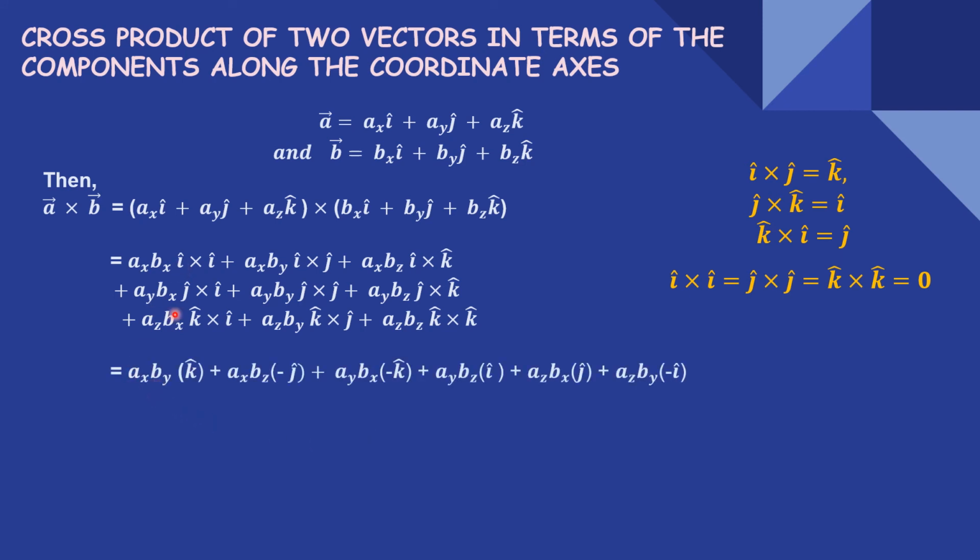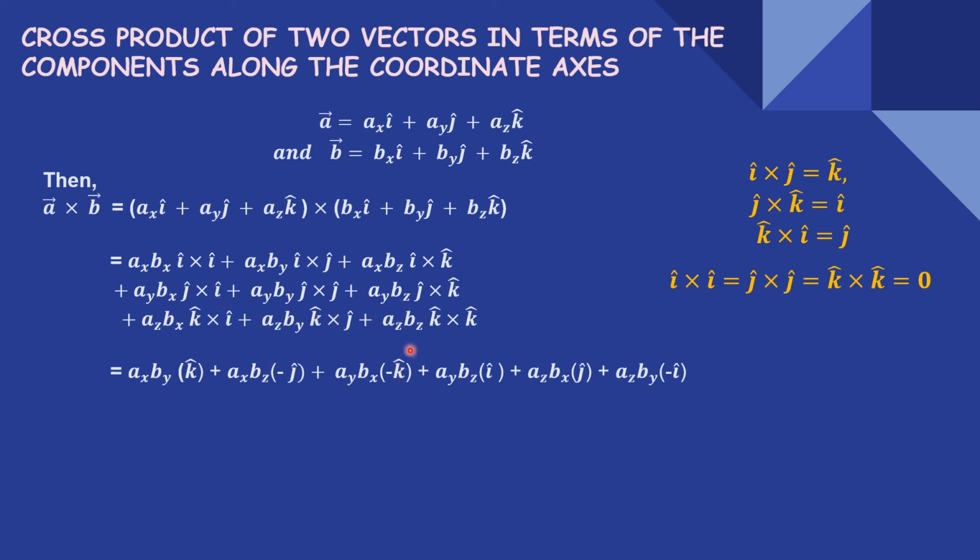So now in place of ax by i cross j, since i cross j is equal to k caret, here we put k caret. Now the second term, ax bz. Here with ax bz, this is i cross k, and this is k cross i. So if we change the order, the result becomes negative, because of the non-commutative rule. So because of this, we put here minus j caret. Now secondly, ay bx, which contains j cross i. Here i cross j is equal to k, so it means that j cross i is equal to minus k.